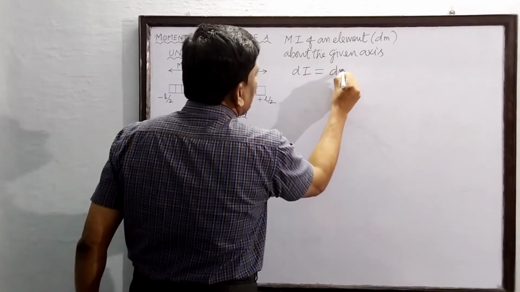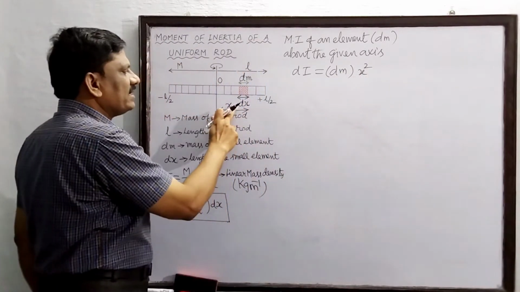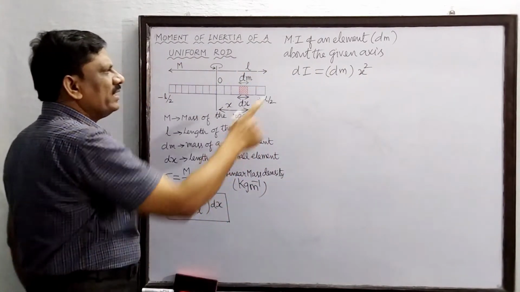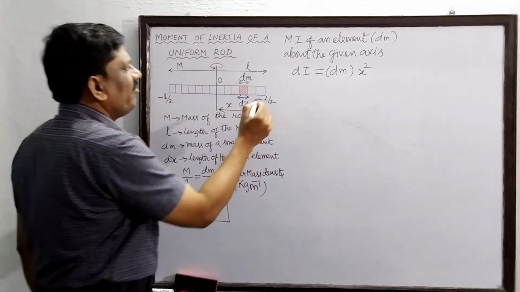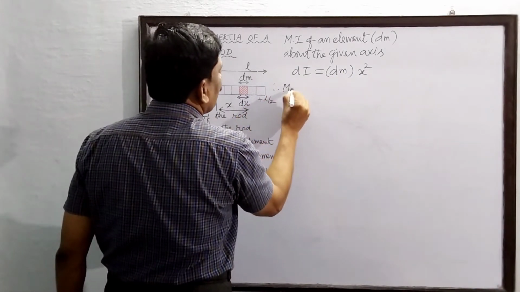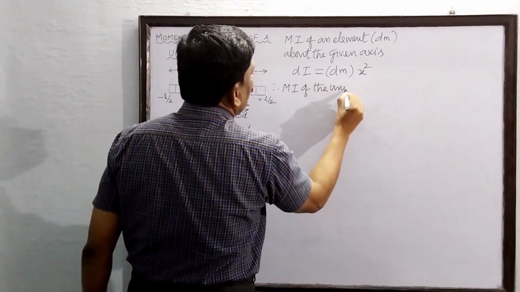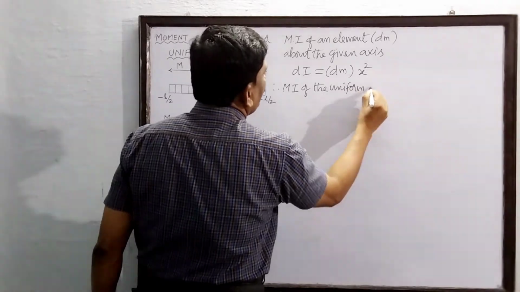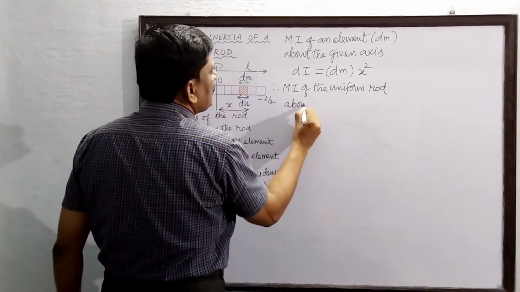Its mass is dm, its distance is x, therefore x square. So dI is equal to dm into x square. Therefore moment of inertia of the entire uniform rod about the given axis